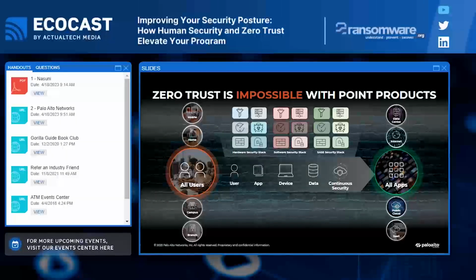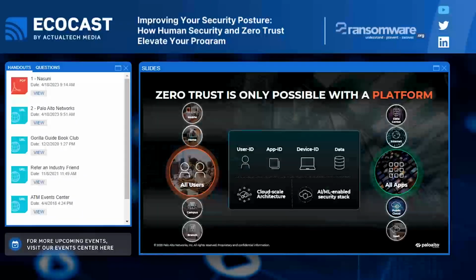We cannot continue to do security with best-of-breed, isolated solutions that are tailored for a specific environment or specific type of problem and expect to be able to get the right zero trust outcomes. It's impossible to do. We need to evolve our awareness away from these point solutions that are siloed, that are specifically tailored for either an environment or a particular threat, and really start thinking about how we can consolidate that around a platform. And that's exactly what we've been doing at Palo Alto Networks.